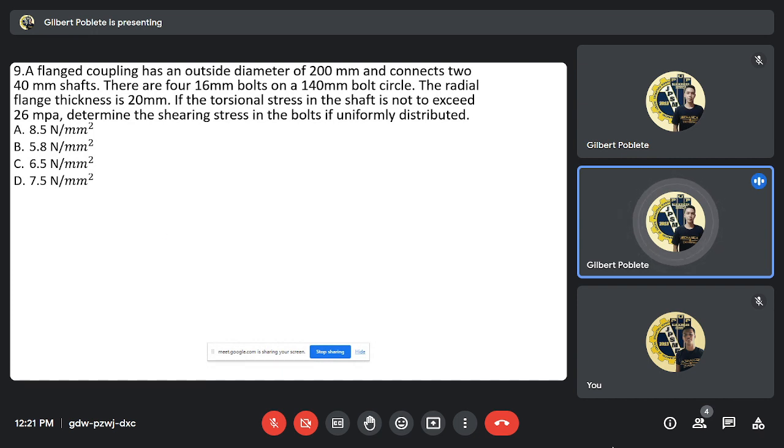Magagamit ulit natin yung P over A kasi shearing stress na yung hinahanap natin. So, P, SS, A, P over A. Lipat lang natin para makuha to. So, ayan, para makuha natin shearing stress. Kaso lang, wala tayong given na torque. Dahil dito, kailangan natin makuha yung torque ng shaft, so makukuha natin siya sa